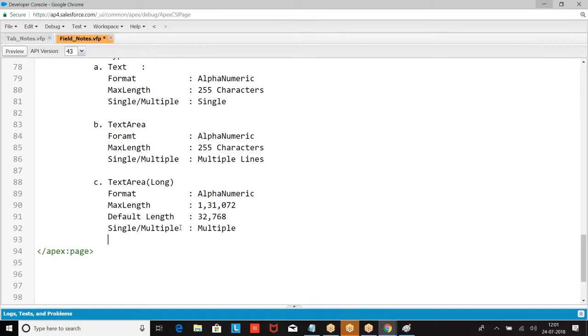Minimum length? Boss, at the end of the game, all the three are what? Text data only. Up to 255 if you want to take text or text area. More than 255 you want to take text area long.